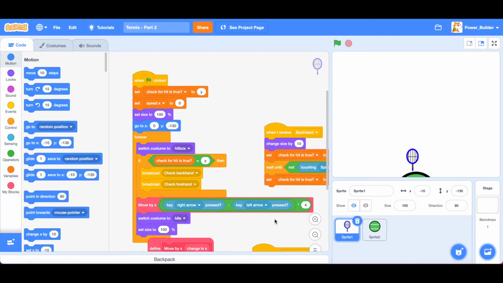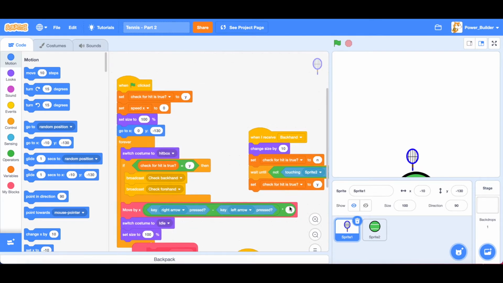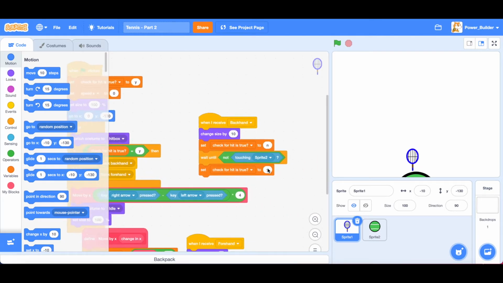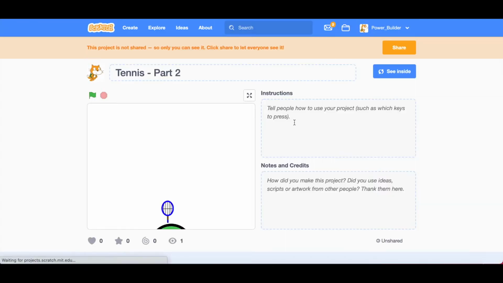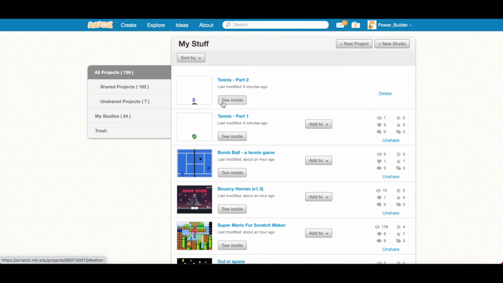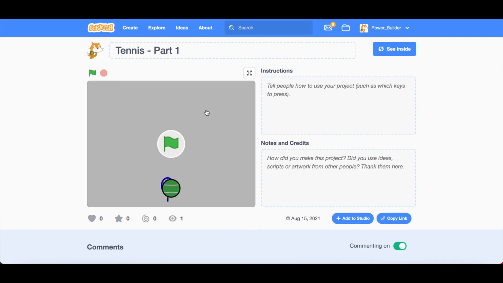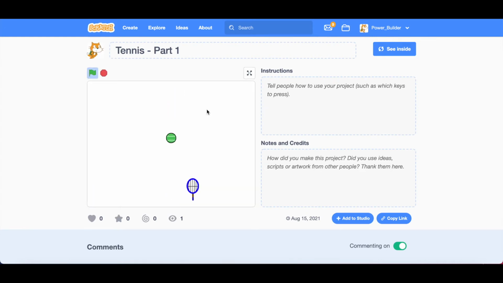This is part 2. So, this is a bug we haven't solved of this. If we go back to part 1, which I have shared on my profile, you can see if we do this, the ball suddenly starts transporting back and forth, and it doesn't look good at all, does it?